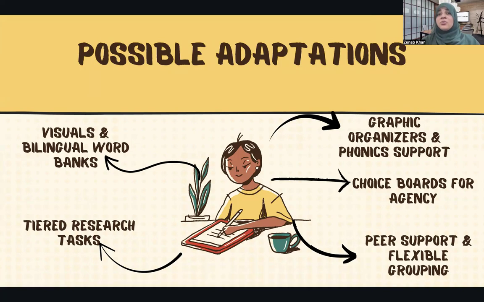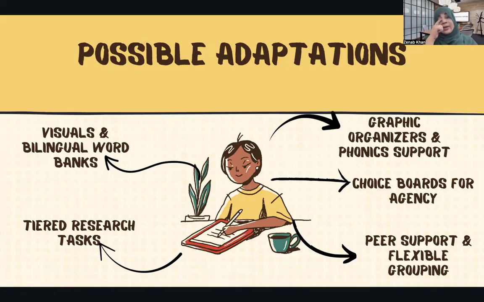For fluent readers, she can offer tiered research tasks, maybe asking them to compare different animal life cycles or create their own mini animal books, journals, or manuals. The struggling readers, I believe, might use graphic organizers, sentence starters, or phonics-based word cards to build confidence while